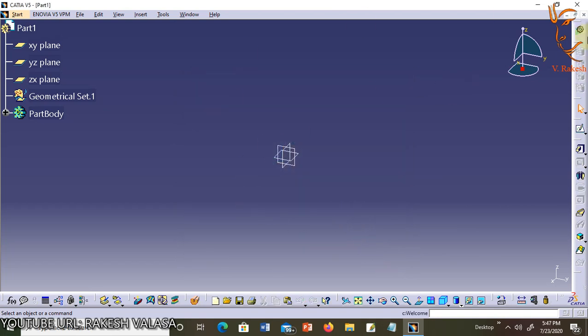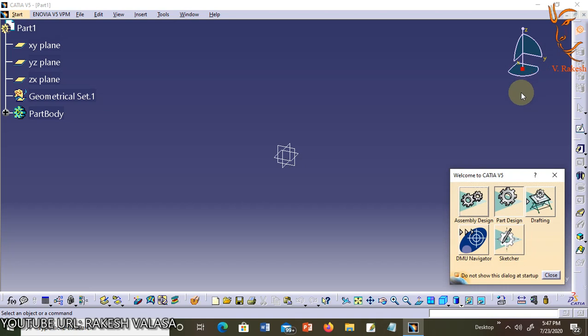Now select the current workbench and verify the workbenches you selected show up in the Welcome to CATIA V5 window. In the previous video, Assembly Design, Part Design, Drafting, DMU Navigator were available. After customization, the Sketcher workbench is also added.